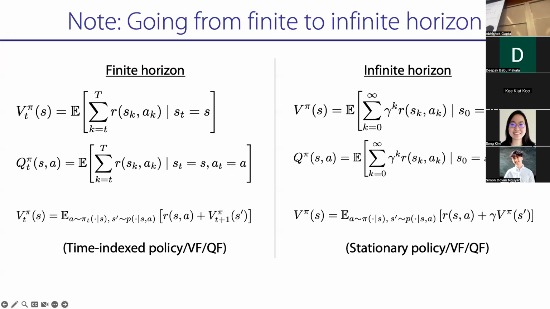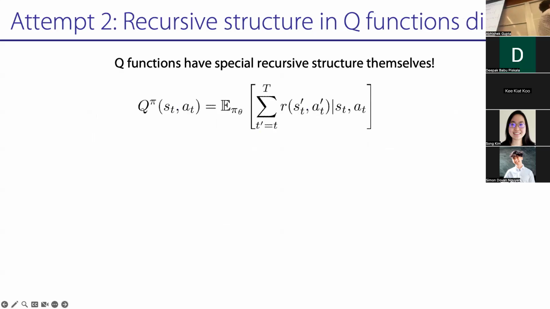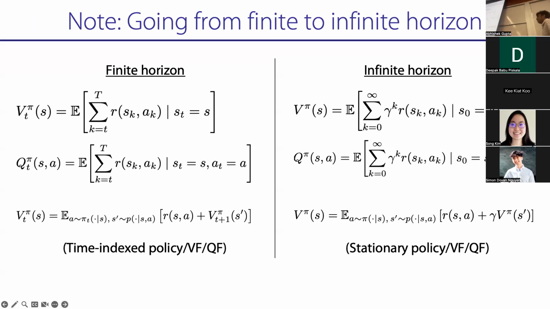Okay, and if you're infinite horizon, then you don't have to time index. It's a stationary value function, stationary Q function, stationary policy, but you have to be discounted, right? It doesn't make sense to be infinite horizon and not discount, because it will blow up to infinity. Cool. So if you ever feel confused about those things, just go back to the slide as reference.